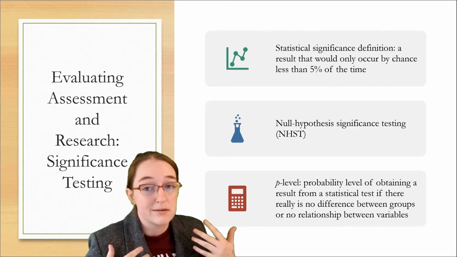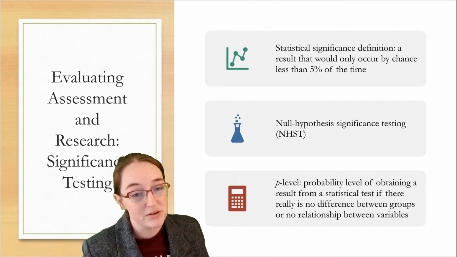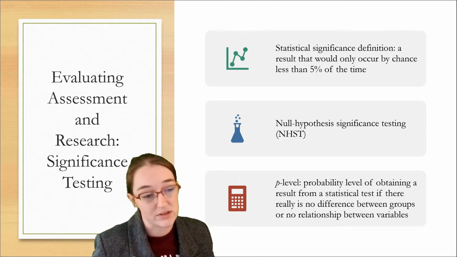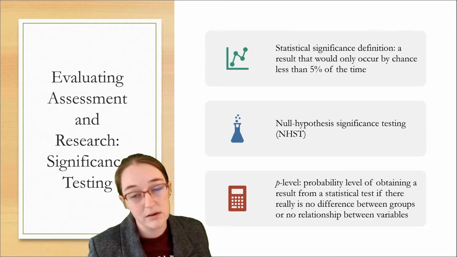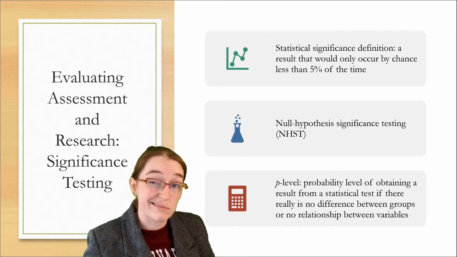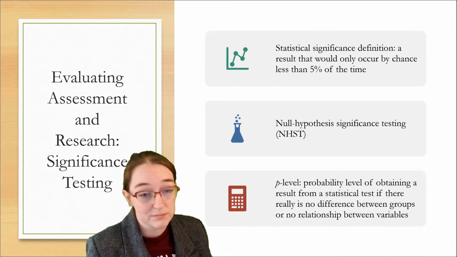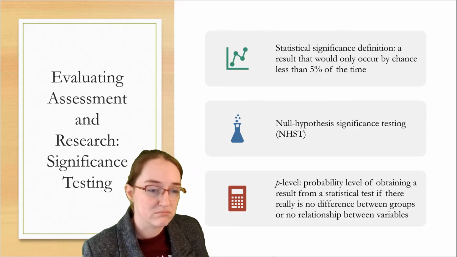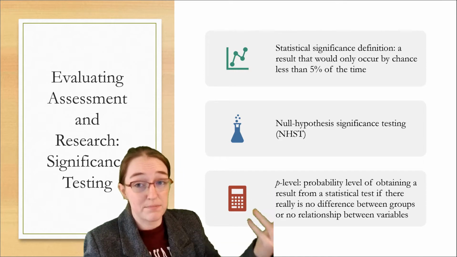That's why people are more impressed by p-values that are really tiny. A p less than 0.001 suggests that the data are really, really unusual. So the more unusual it would be, the more likely it is not to have been the case.